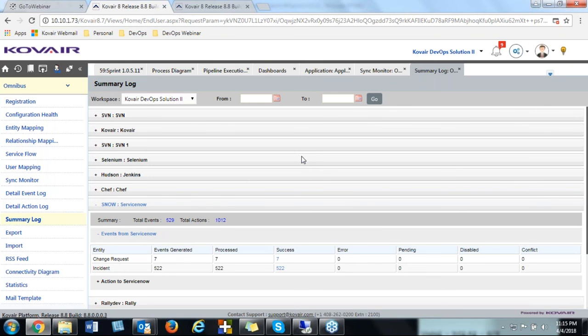Epics are big stories that you can decompose. Kovair doesn't impose any hardcore rule that this is your epic and you have to manage it like this only. Kovair lets you configure the solution as per your business needs.